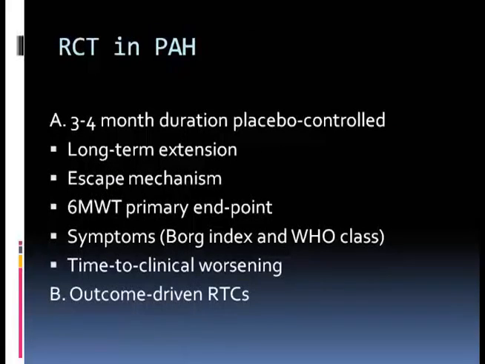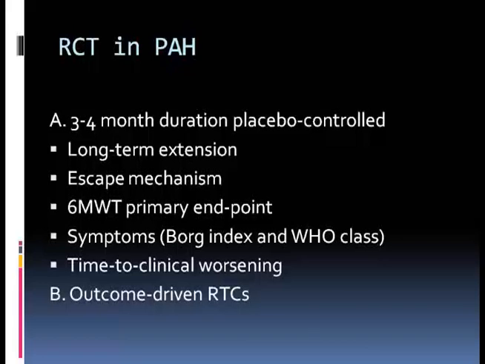So the randomized controlled trials in pulmonary hypertension that led to the developments after 2001 onward are based on placebo-controlled trials of 3 to 4 months duration. It's not considered ethical, with one exception that I'm going to talk about, to keep people in a placebo arm for longer than 3-4 months. And even that one is going to be disputable, and I'm going to show a couple of slides about that one too. We do gain information by long-term extension from the patients that were enrolled in the trial.